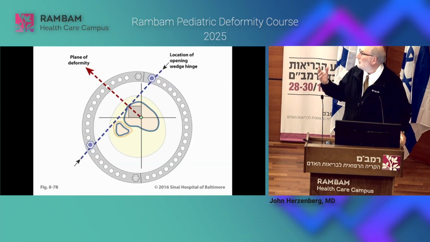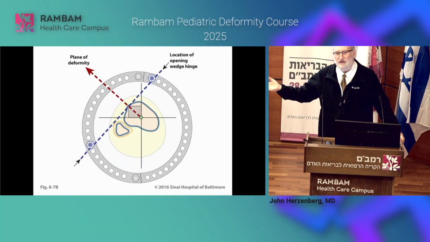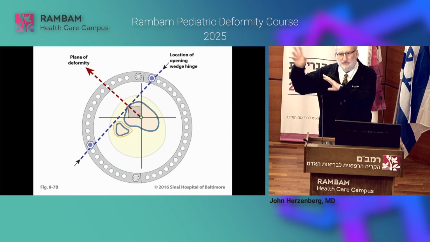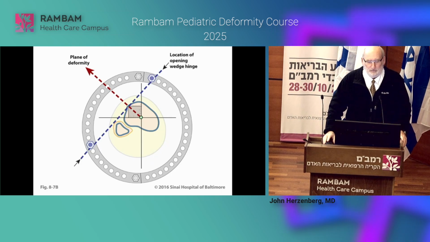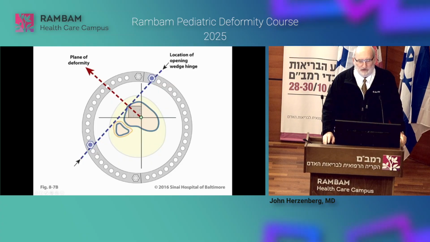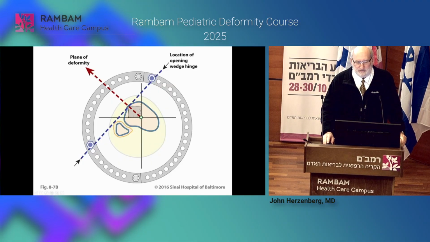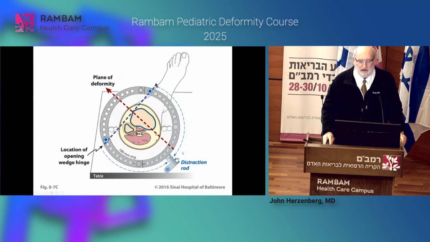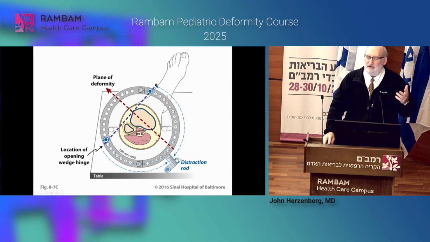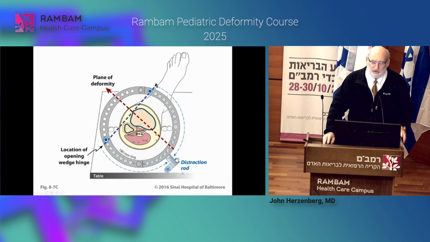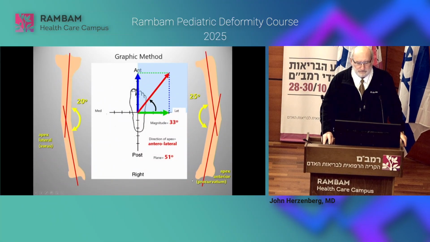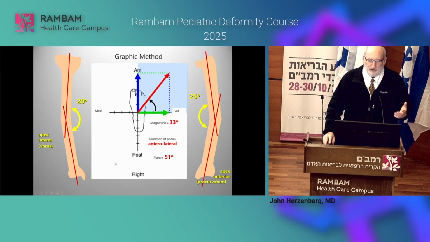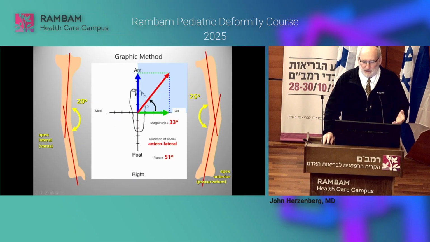I mean, nowadays you tell the computer you have 15 degrees of varus and 17 degrees of procurvatum. The computer does all this calculation for you. And so it kind of takes it out of our head. But it's nice to know where it comes from. And if you know, you can superimpose your ring on this little square diagram. It'll tell you where to put your hinges, where to put your distraction rod, and you apply the ring anatomically to the leg, and you can be pretty sure that you will be able to achieve a good correction of the deformity. So this we call the graphic method because we're making a graph.